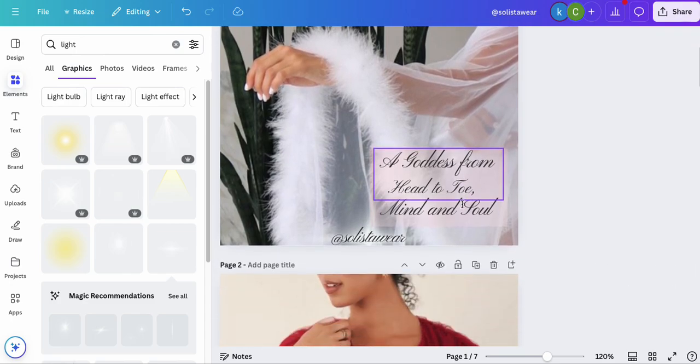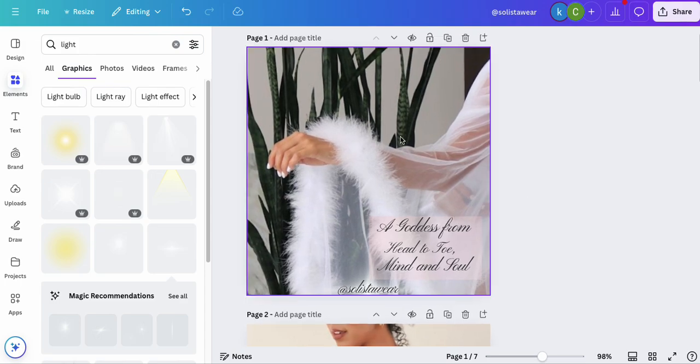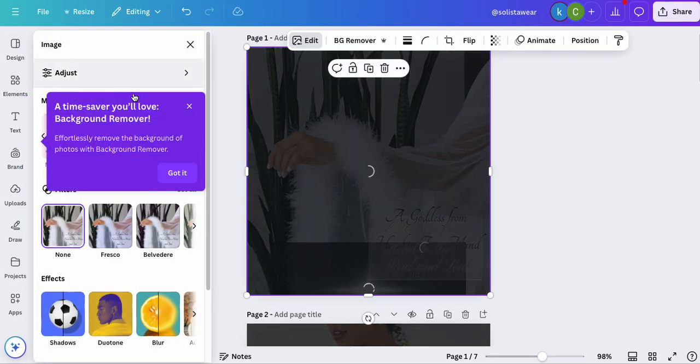So I'm going to leave it at that. Do I like this the way it is? I think so. I do think that I want to actually edit this photo for a second though, which is